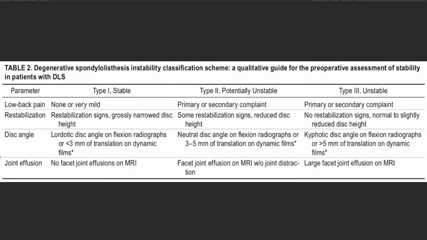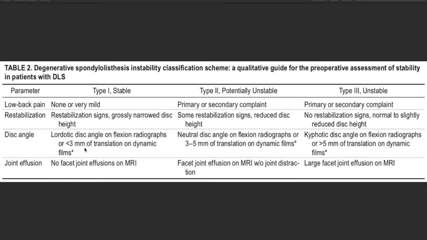For the disc angle that is involved, this angle should be lordotic, with a greater height of the disc at the anterior aspect as compared to the posterior aspect. We call that a lordotic disc angle. And in a stable spine, usually the disc remains lordotic on flexion radiographs. Another parameter that could be used is the measurement of the translation on dynamic films,